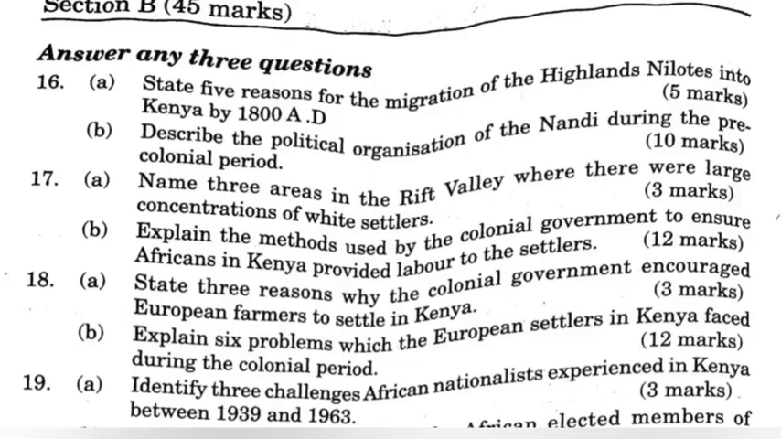18a. State 3 reasons why the colonial government encouraged European farmers to settle in Kenya. 1. They wanted to make Kenya a white man's country by encouraging white settlers to form the backbone of the economy. 2. The colonial government hoped that the settlers would finance administration